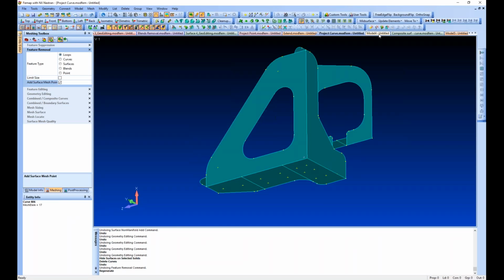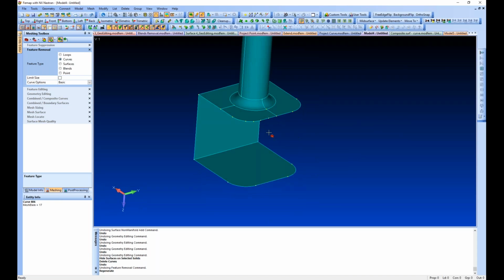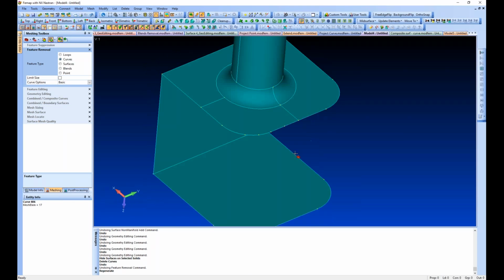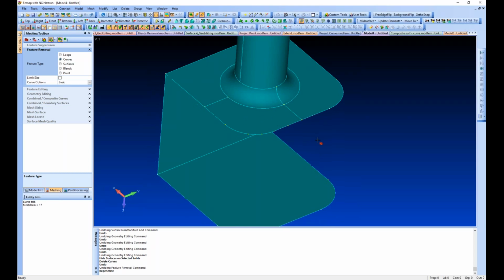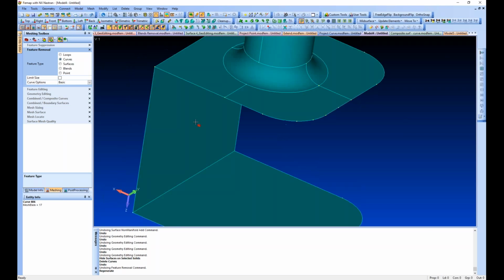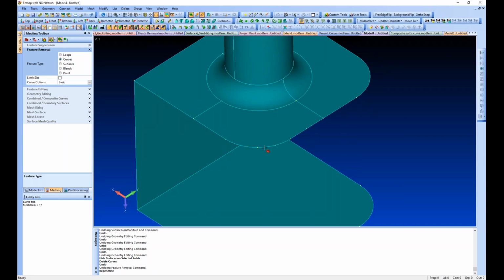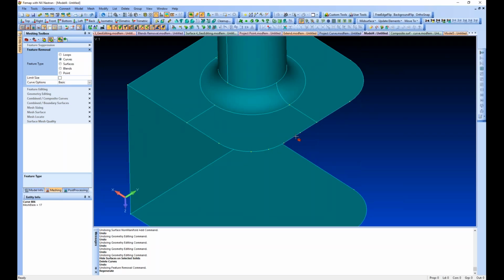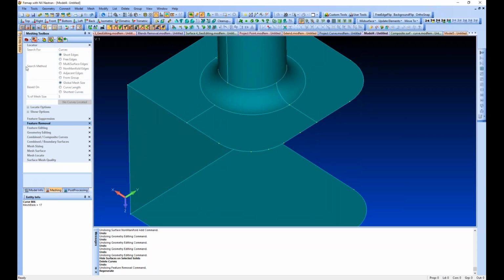So let's just grab this model right here, and you see I'm just going to mesh this surface, and we're going to see how the combined composite curves will help us out. Now again, what the combined composite curves do is it simply forces Femap to take a collection of smaller curves and mesh them as one. And so again, this is another good opportunity to go back and locate short edges in our